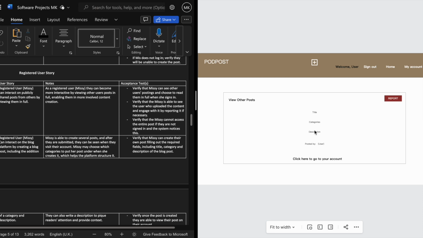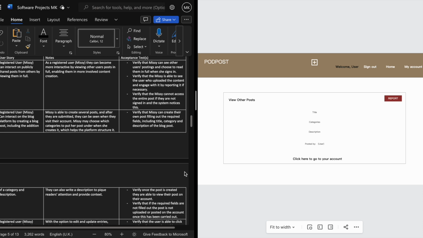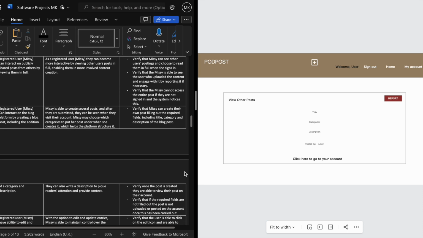So it gives them more interaction with the post compared to an unregistered, non-registered user. So it makes them more involved in the content. So for the system to be able to show that they can view the full post, they do need to be registered. So then this goes back to the next user story saying that they can interact by creating a